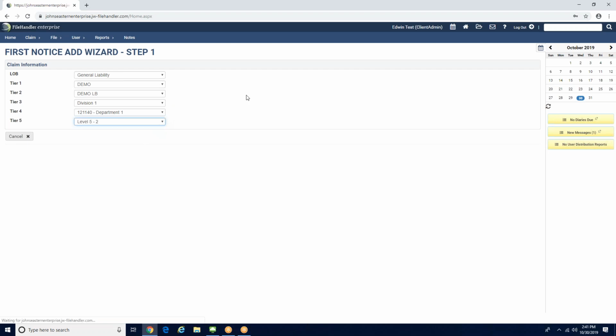Depending on your organization's tier structure, you may need to go all the way down to Tier 5. Some end at Tier 4 or 3, so really go down to the highest point. Once we've made this appropriate selection, we have the ability to proceed, so we'll click on Next,